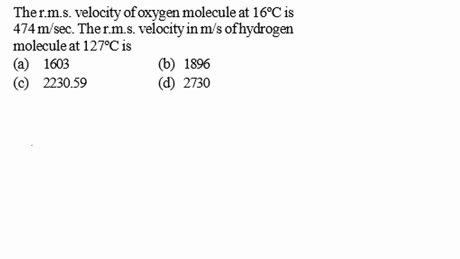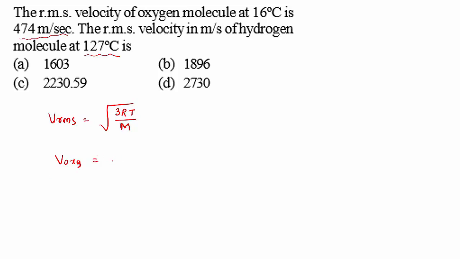The RMS velocity of an oxygen molecule at 16 degrees Celsius is 474 meter per second. What is the RMS velocity in meter per second of a hydrogen molecule at 127 degrees Celsius? See here, the Vrms is given by the equation root of 3RT divided by M. This equation you have to remember to find the RMS value. Here the oxygen value is given. So for oxygen,